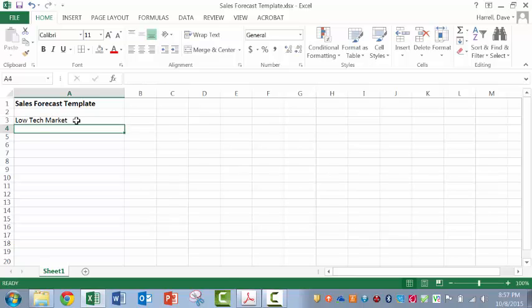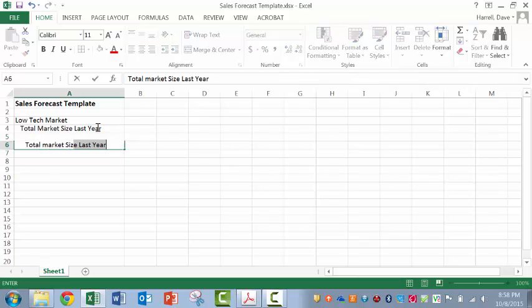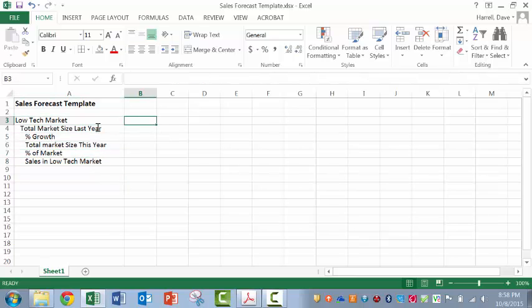Let's first take the total market size last year. Let me format this a little bit. Total market size last year, the percent growth, the total market size this year, percent of the market that we're going to capture, and our sales in the low-tech market. And then let's put a few columns in here for products. We'll assume we're Baldwin, so we've got the Baker product, and we made a new product called the Ball